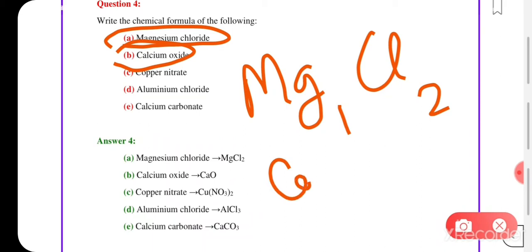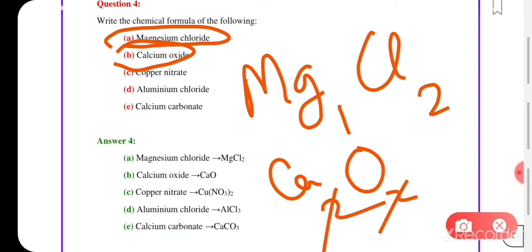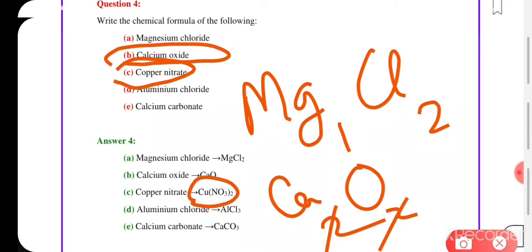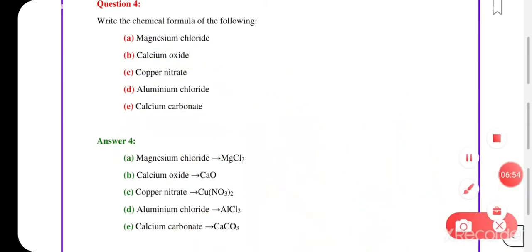Moving on to the next one, calcium oxide. For calcium valency and oxygen valency, we have to write: calcium valency is 2 and oxygen valency is also 2. So they both get cancelled. It becomes calcium oxide, CaO. This is what you have to write. Now, the next one is